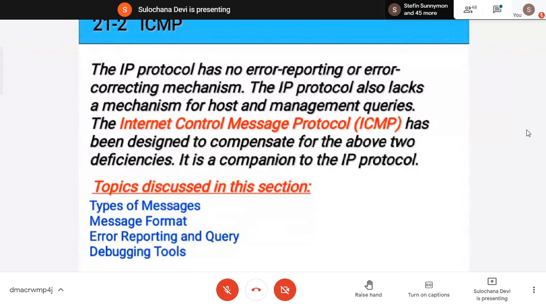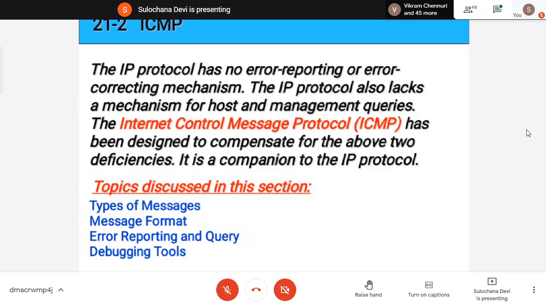Some sort of error message the data link layer provides, but that is only hop to hop. The transport layer provides it, but only if you are using TCP. UDP will not provide it. IP is a best effort delivery protocol. But if it is dropping my packet, suppose we put the TTL value to 64 and we couldn't reach the destination in 64 hops, so the TTL value becomes 0. The packet is dropped. So at least inform the sender that your packet is dropped, so he will retransmit it. But IP doesn't provide that service.